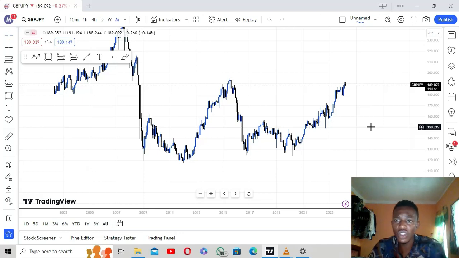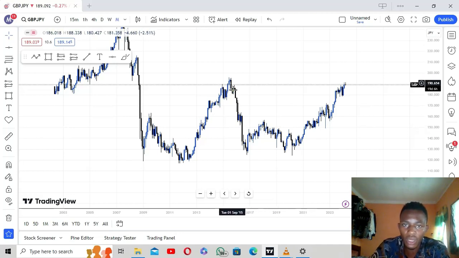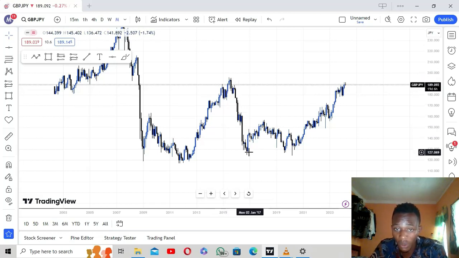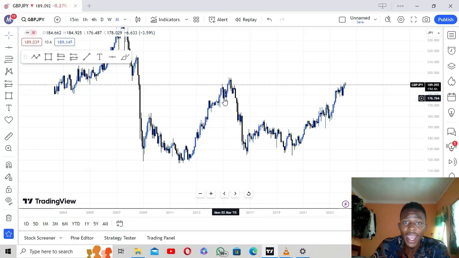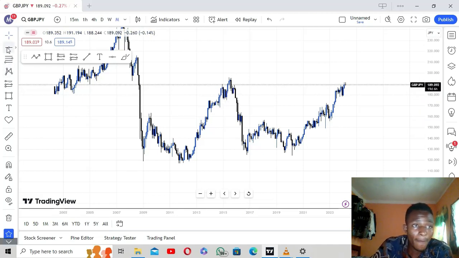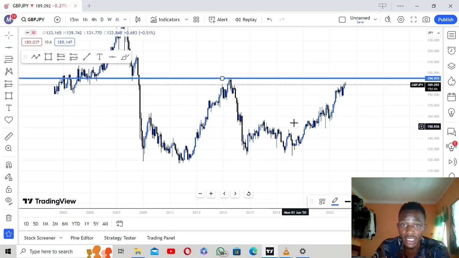So guys, let us go. I always like to use recent key zones, but guys, take a look at this. This is what is very interesting in this area. Before this market gave me this little movement down, it gave me a head and shoulder. You get it, a head and shoulder. Now let us mark this head as a key zone. This is a key zone here. You get it? Now, when we come down here, we also mark this shoulder as a key zone because it was respected,